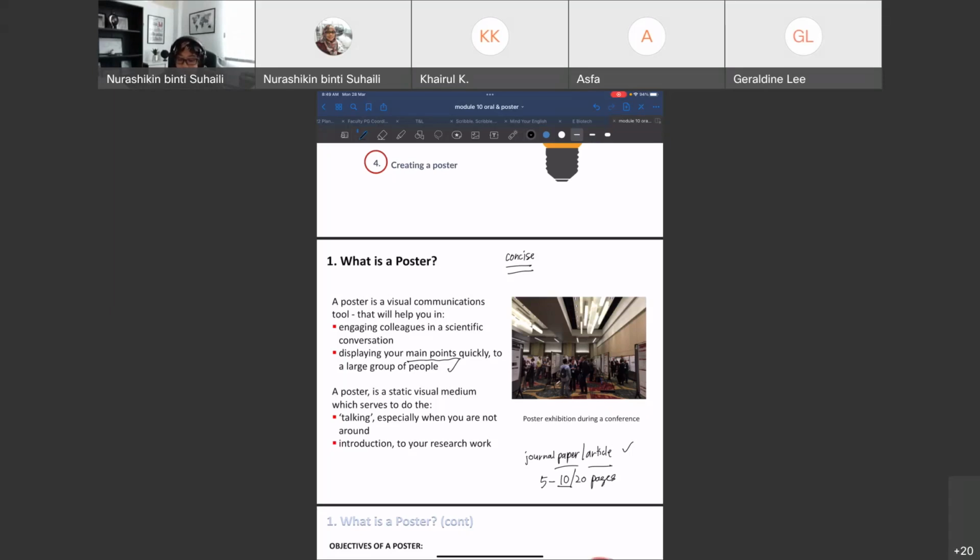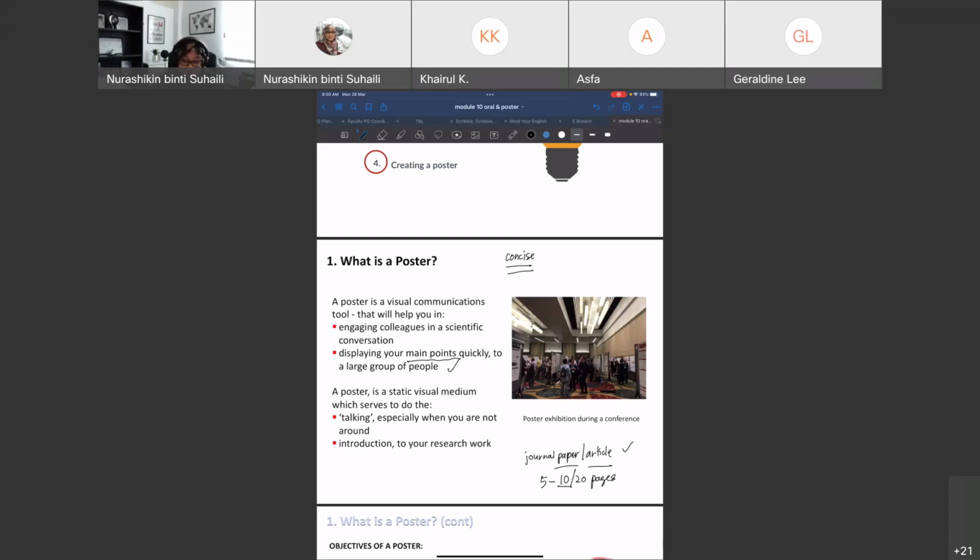So what's the difference between a journal paper or article and a poster? Both of them are examples of communication. But journal papers or articles are more detailed because they entail everything, like the methods, all the results within that scope,